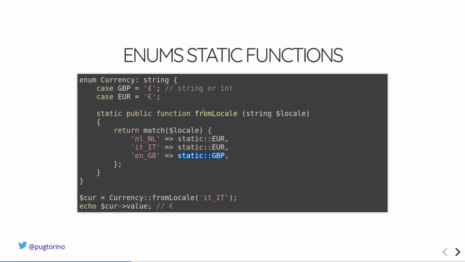So this is a convenient utility that we have in the current implementation. You can execute it, specifying a string that is the time zone where you want to localize your application, and the currency will be set according to this time zone. In this case, Italy and euro. So $cur will be an enum value, euro, and you can access, for instance, the value and get back the euro symbol. So pretty straightforward, but very, very helpful.